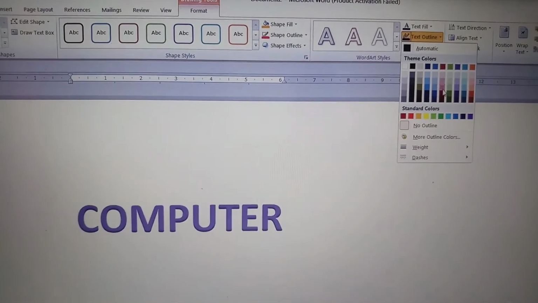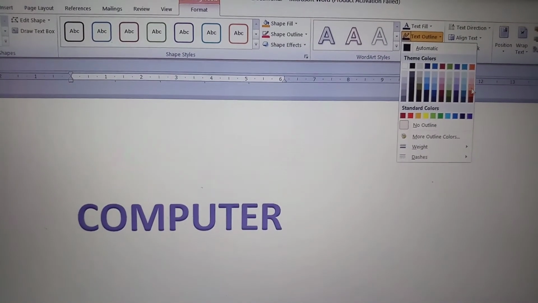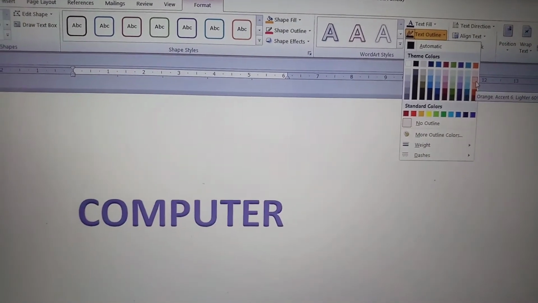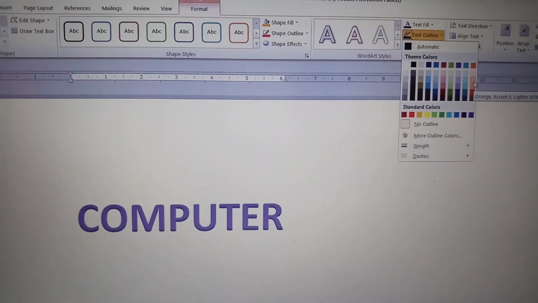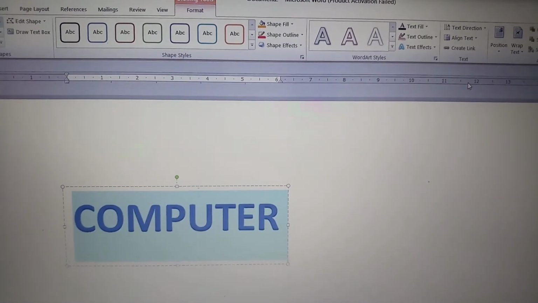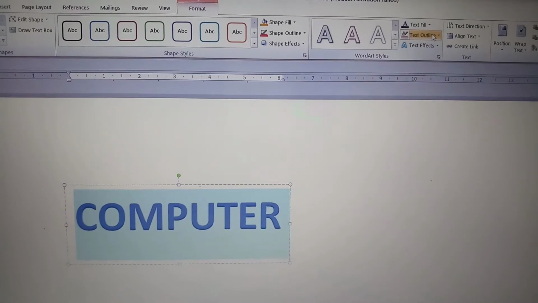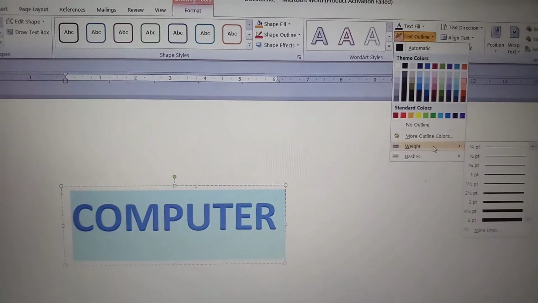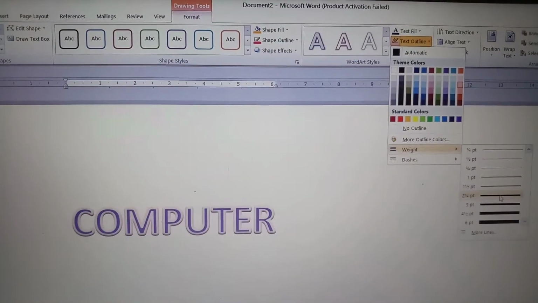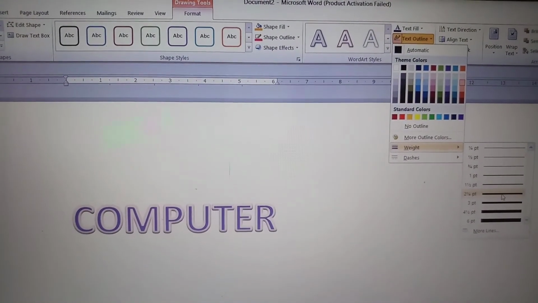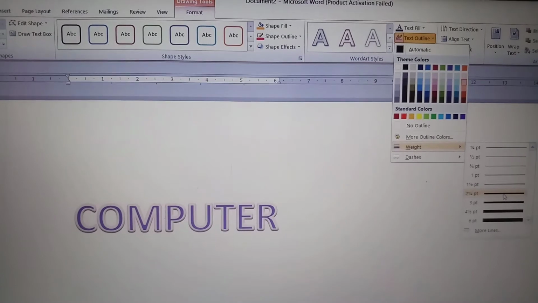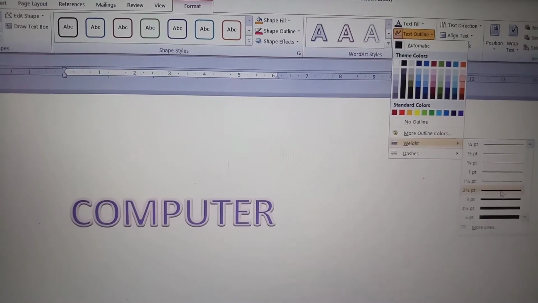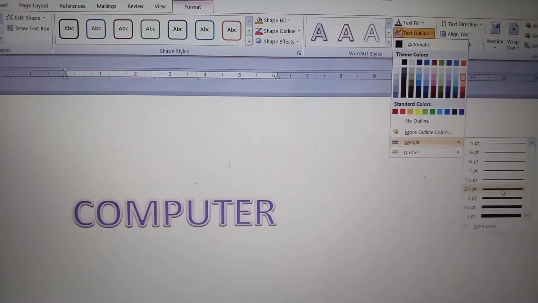You can choose the color for the outline. You can choose the weight, the thickness of the line also, so it will be visible properly. You can see that now the border, that outline color, is showing properly.